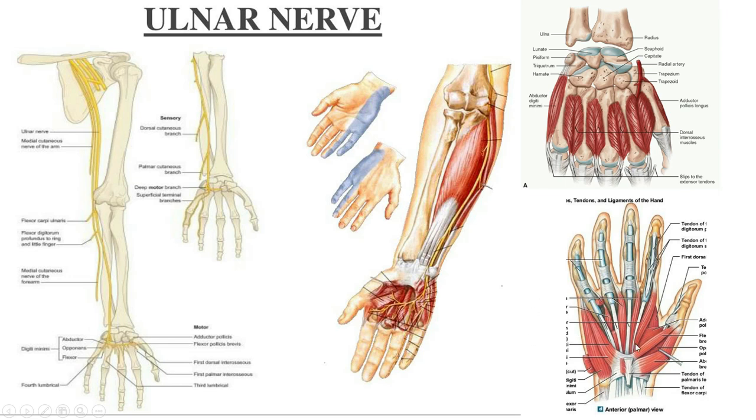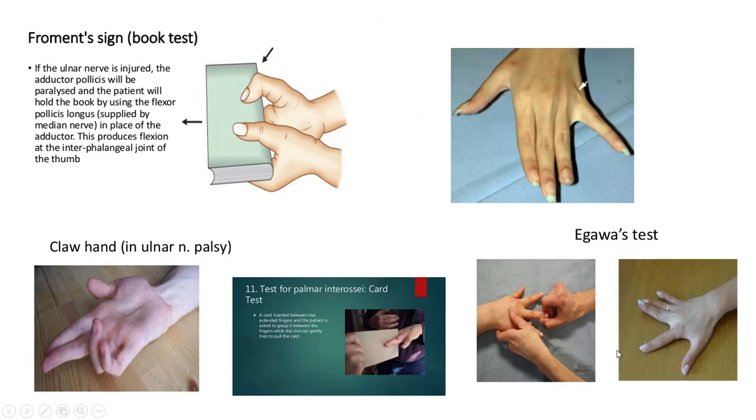Now the ulnar nerve supplies mainly the very small muscles of the hand, except for a big supply to the flexor carpi ulnaris. Otherwise it mostly supplies the small muscles of the hand. These are called intrinsic muscles of the hand. I will discuss it within two to three minutes. But due to ulnar nerve damage, we can see wasting of the flexor carpi ulnaris along with clawing.